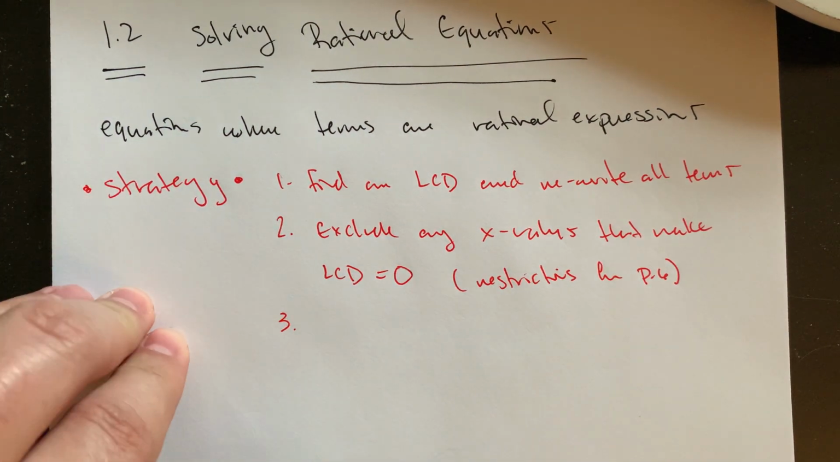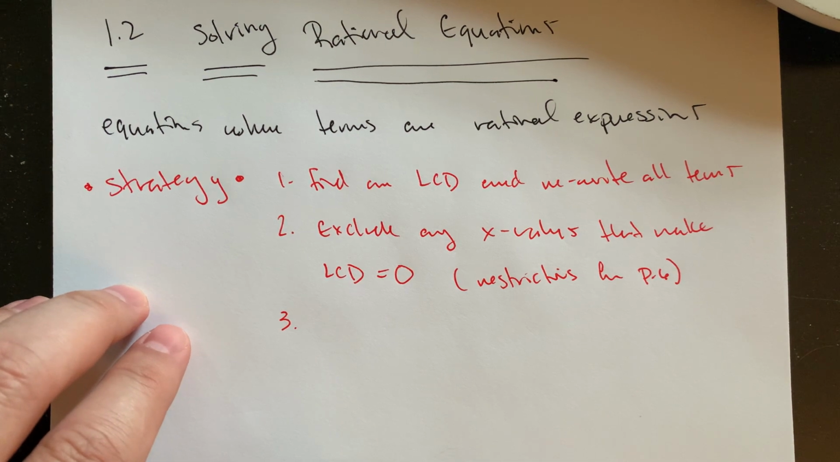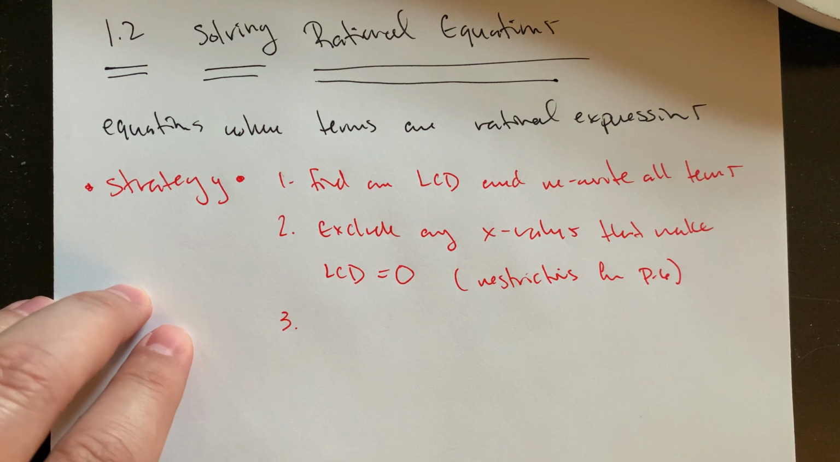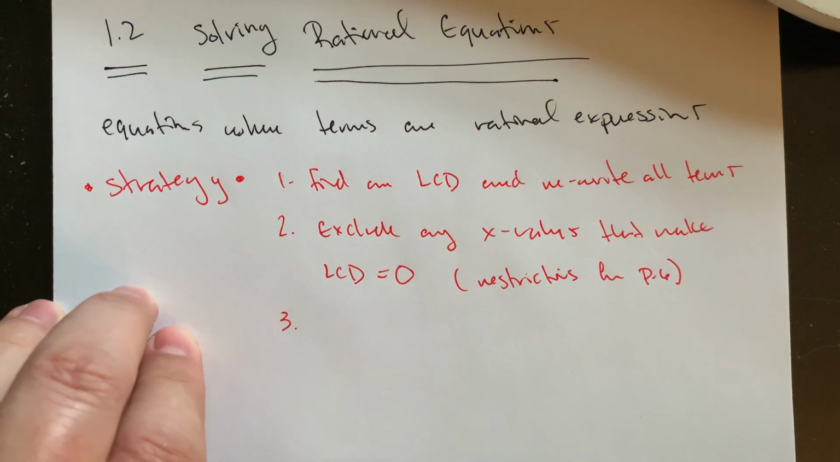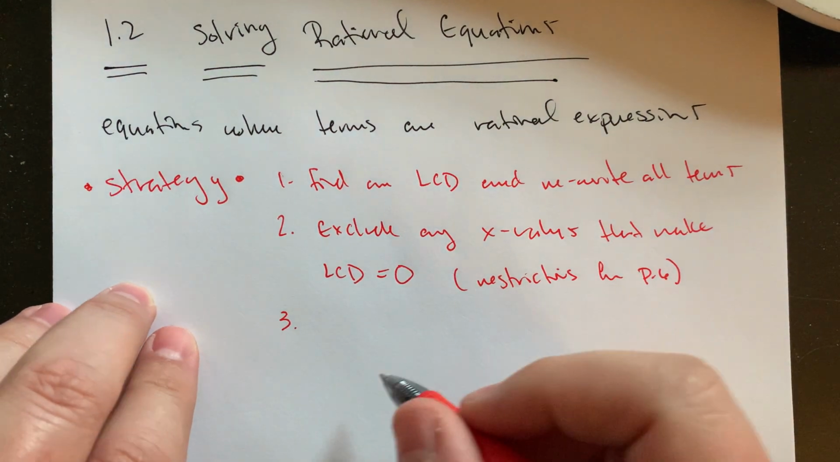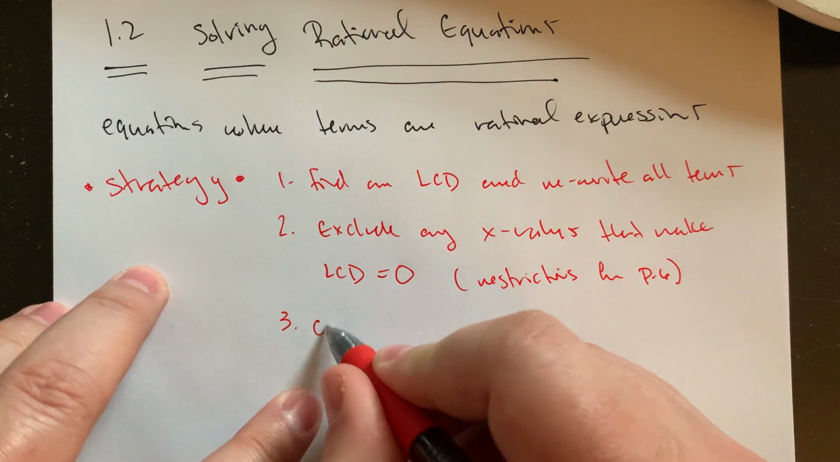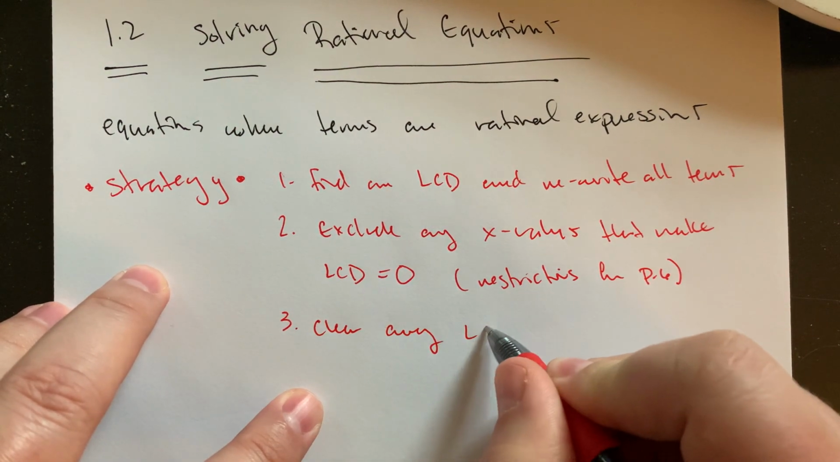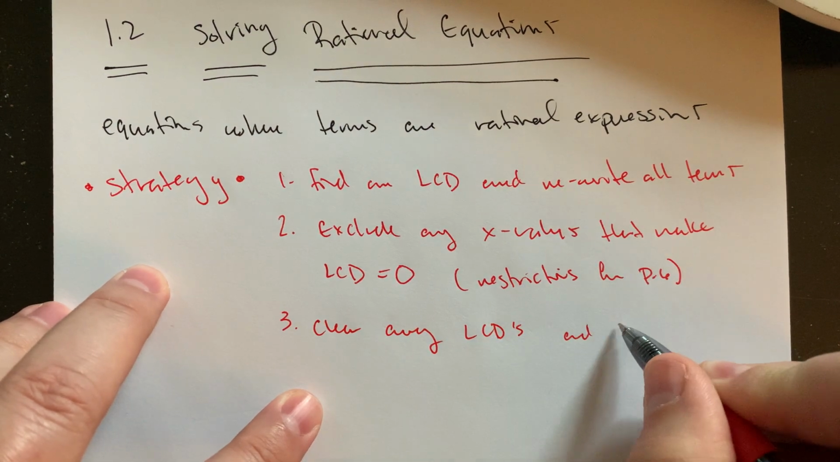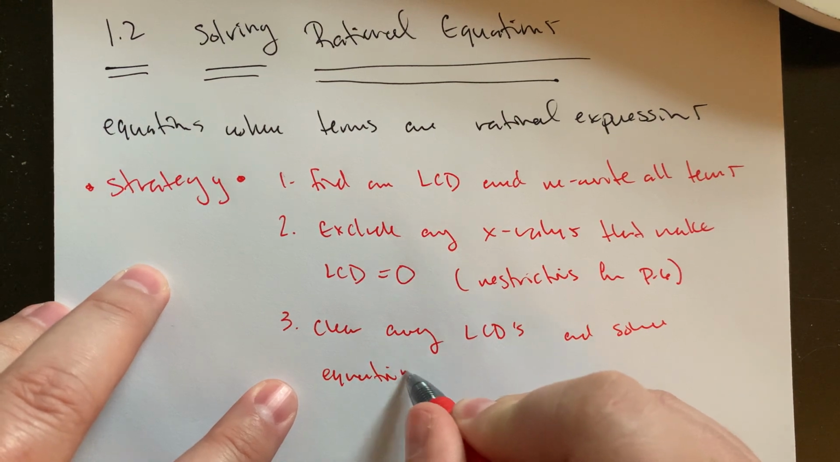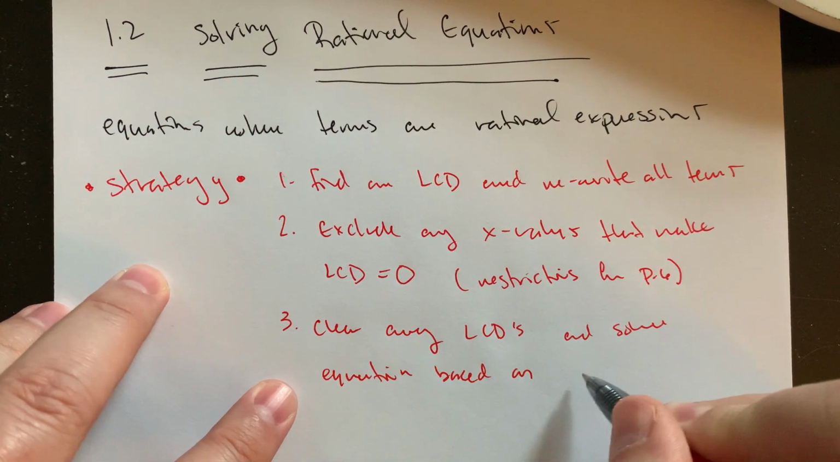Step 3 here, at least the way I like to do this, what some people will say is you multiply everything by the common denominator, and the idea is that actually cancels everything out. That's the most mathematically true way to say and do that. Visually, what it looks like is, if you have everything written over the common denominator, you can clear away the LCDs and solve your equation based on